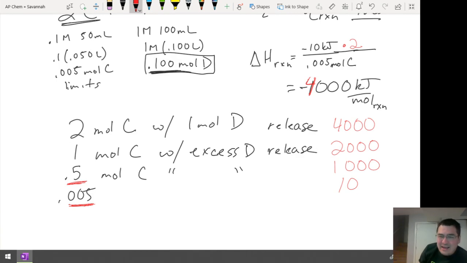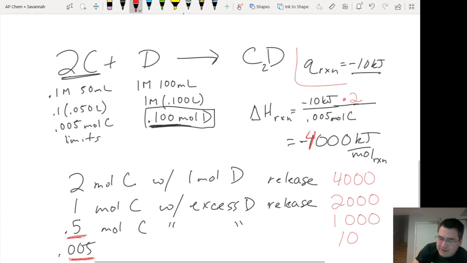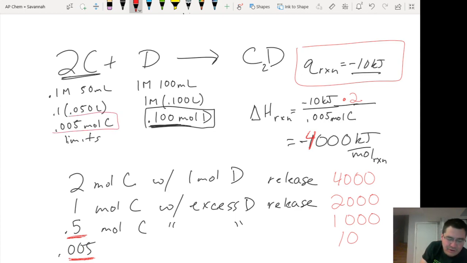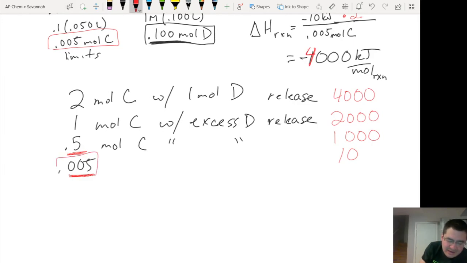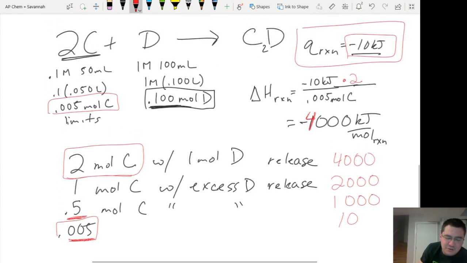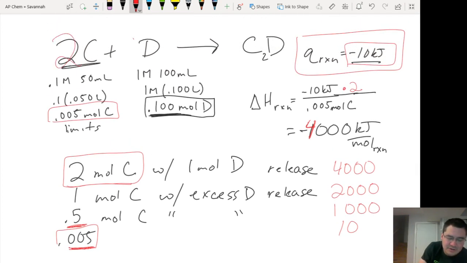And if you remember, when we did the original reaction, which was 0.005 moles, it released 10 kilojoules. So what we're saying is, if you do the full reaction amount, which is a 2-to-1 ratio, it will release 4,000 kilojoules, and that's called kilojoules per